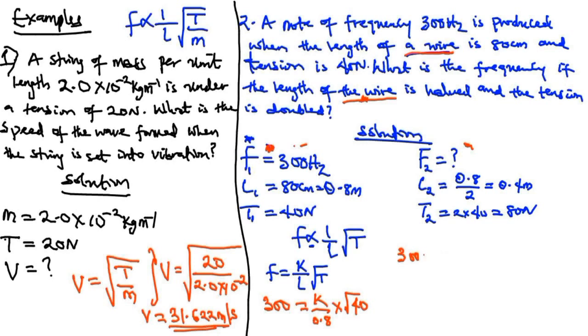I am trying to cross multiply. I will have 300 times 0.8 is going to be equal to root 40 K. Therefore, K will be equal to 300 times 0.8 divided by the square root of 40. And if you punch that in your calculator,